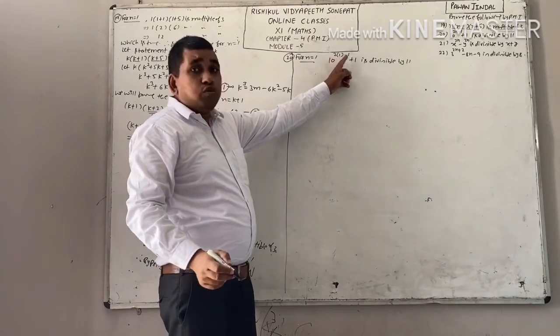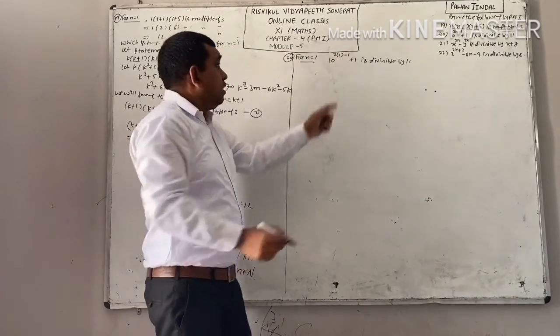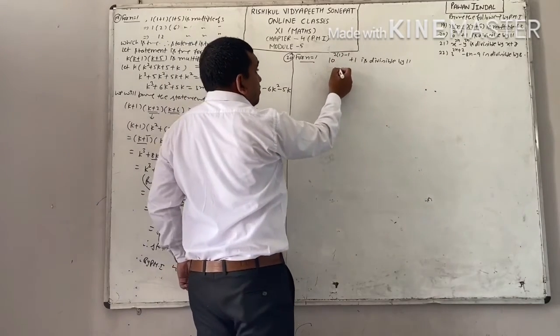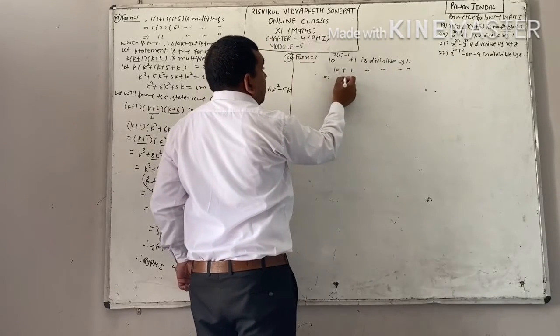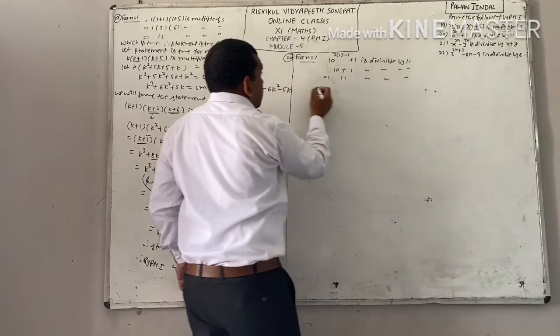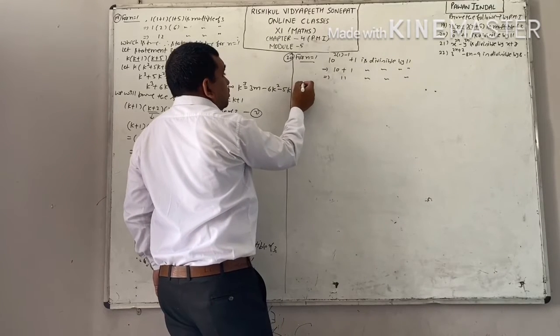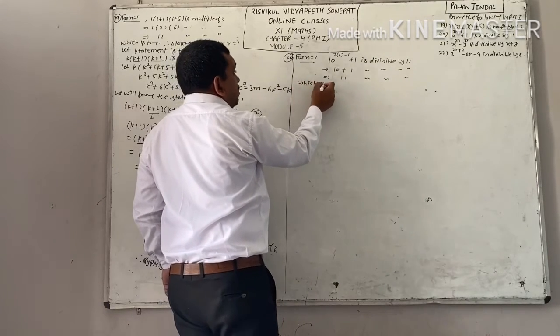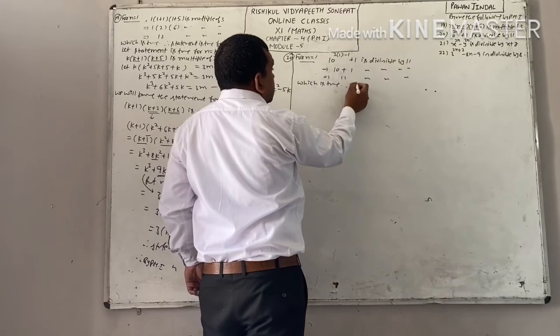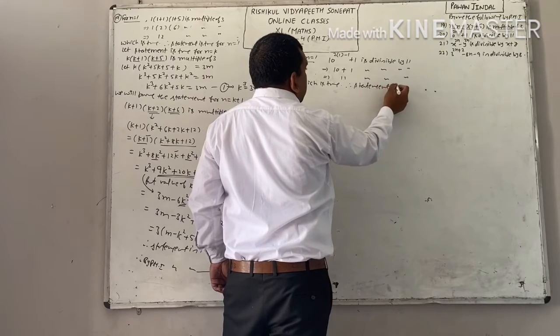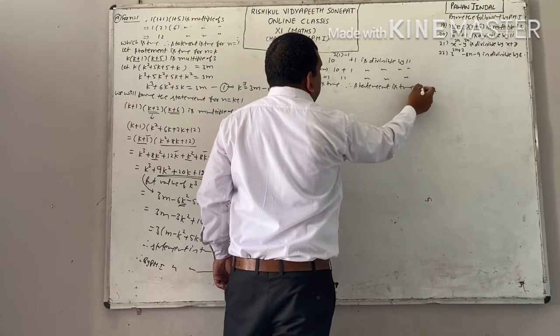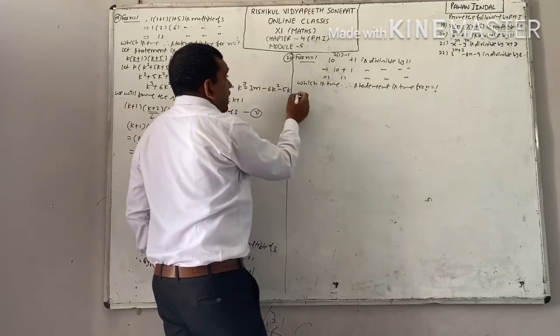2 into 1, 2, 2 minus 1, 1, 10 raised to power 1, that is your 10 plus 1 is divisible by 11, that is your 11 is divisible by 11, which is true because 11 is divisible by 11. Therefore, statement is true for n equal to 1.